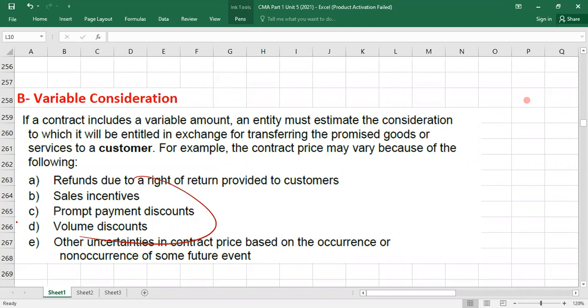And the consideration will change, okay, due to the customer's action. And that customer's action is not under the control of the seller. Remember this point. I'm taking you back